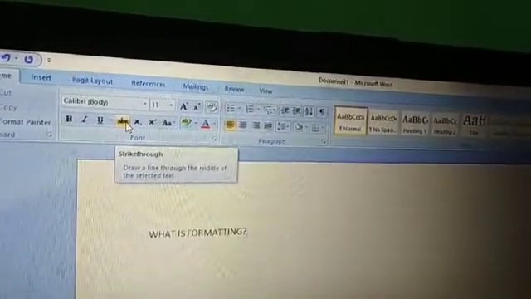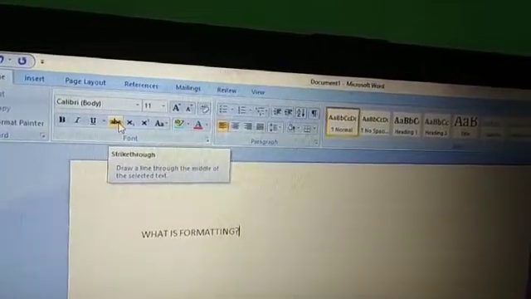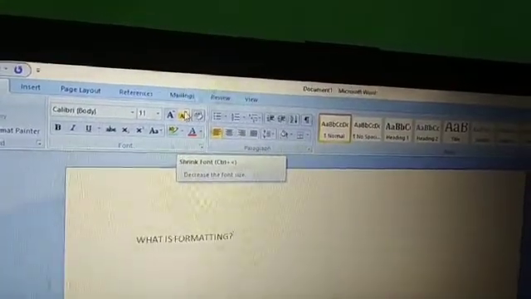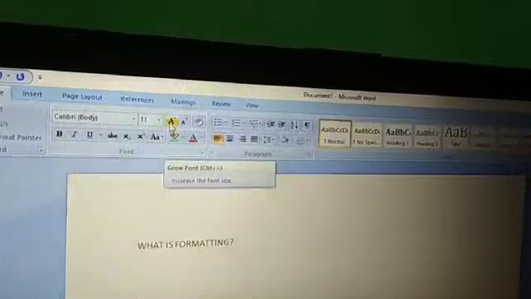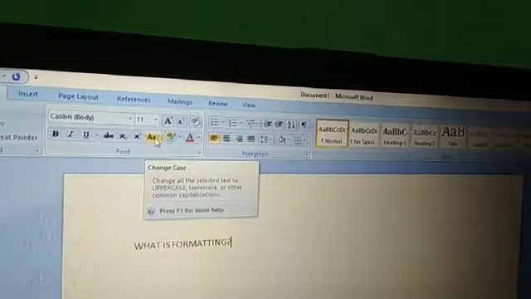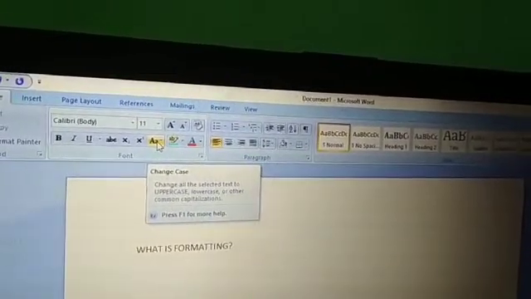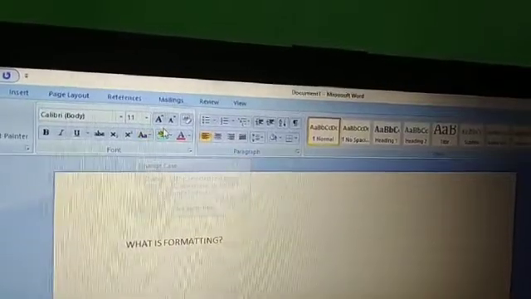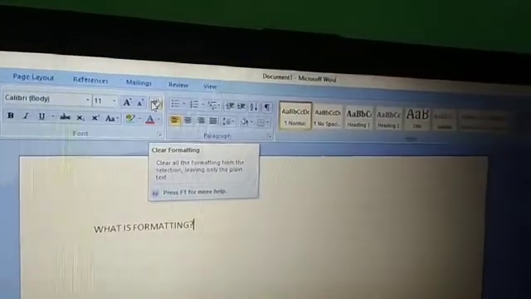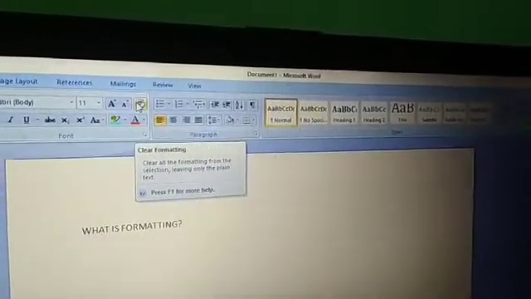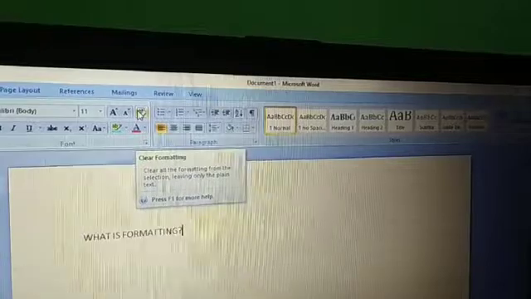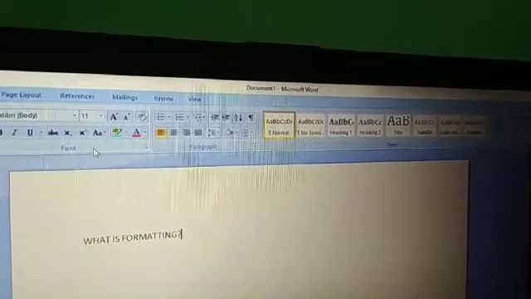Strike through means one line will go through the text. This is for decreasing font size, and this is for increasing font size. This button is for changing case. Case means uppercase to lowercase, this way. So these are buttons. If you want to clear text formatting, it can be done through here. This is the clear formatting button. So this is the font group. It helps us a lot in formatting.